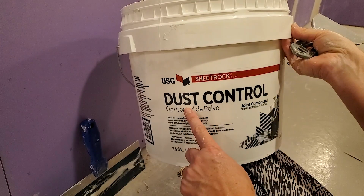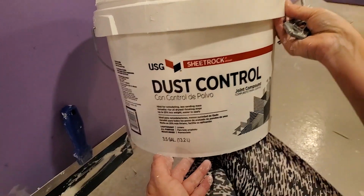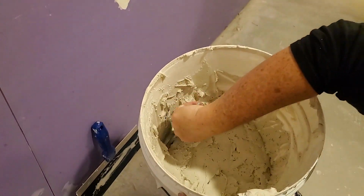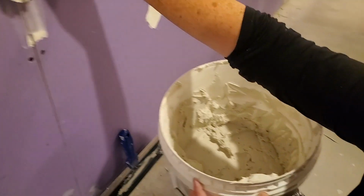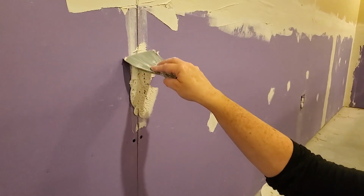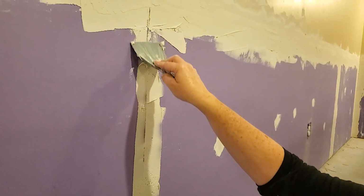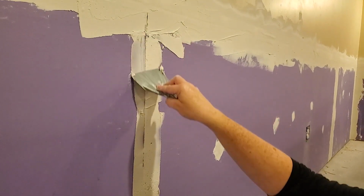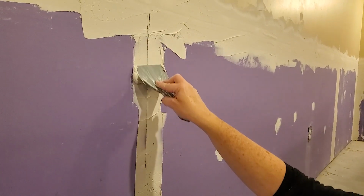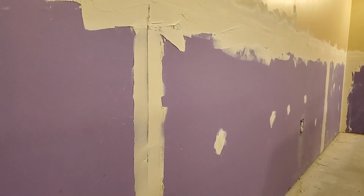This one says dust control. I don't always buy that they are that accurate in their dust control, but we're gonna go in and I'm gonna use my smaller blade to scoop up some joint compound. So we're gonna throw it on the wall, and now we're gonna run it down the wall. We want it to fill both sides of this seam. So we want to create a bed. It doesn't have to be super thick, but it's got to be enough for the tape to stick to, for it to sit in. So we're going to go like this